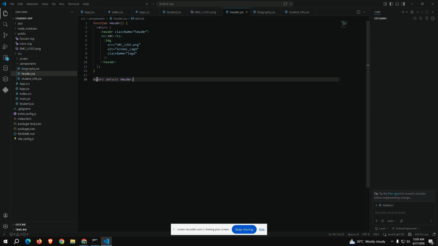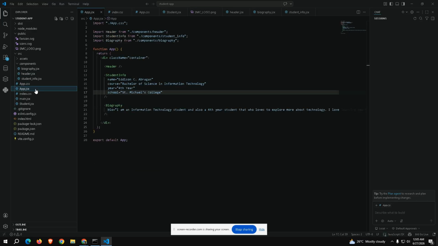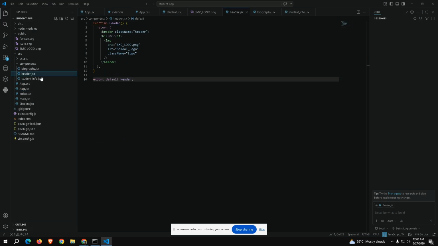We have here the SMC logo PNG, and the export header, so it is already static. We exported and imported it here. That's why it is static.